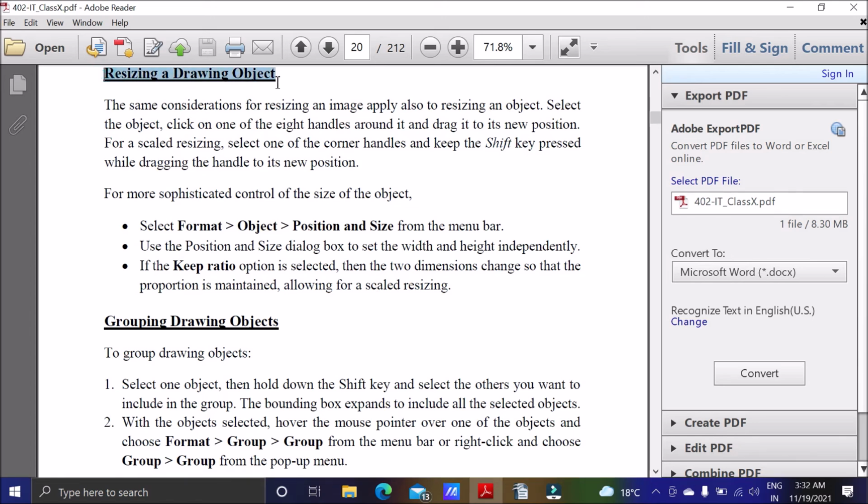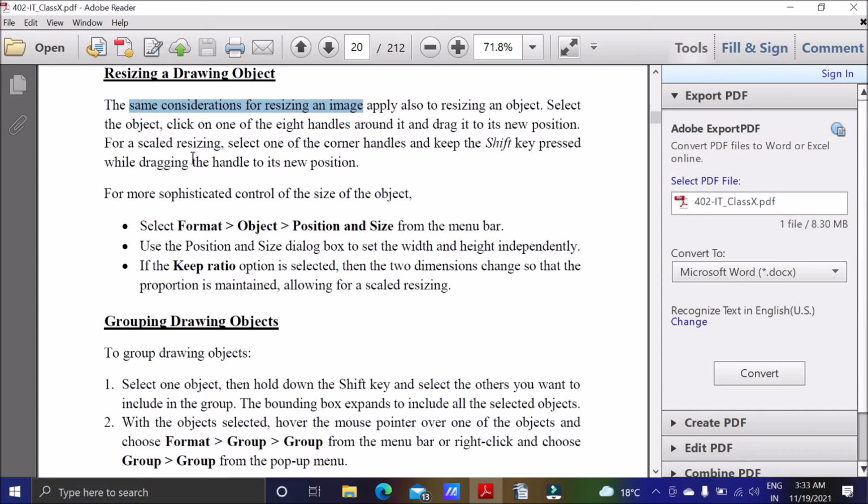Resizing a drawing object. You can change the size of a drawing object also. Just as we changed the size of an image, likewise we can change the size of a drawing object. The same process we have to follow. The way we resize the image, we can resize the object also, meaning rectangle or ellipse.